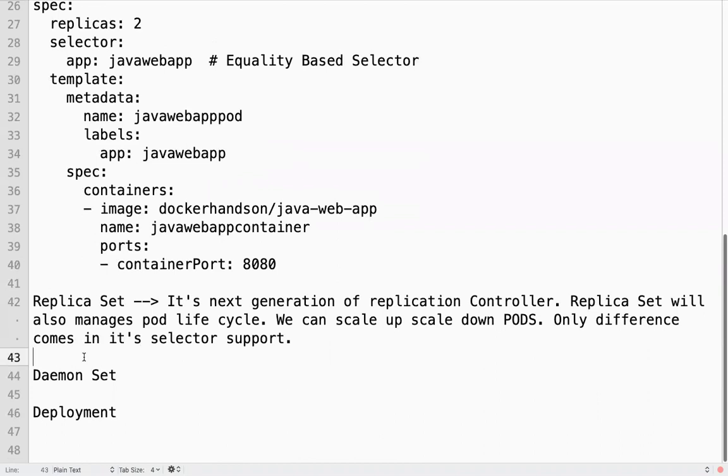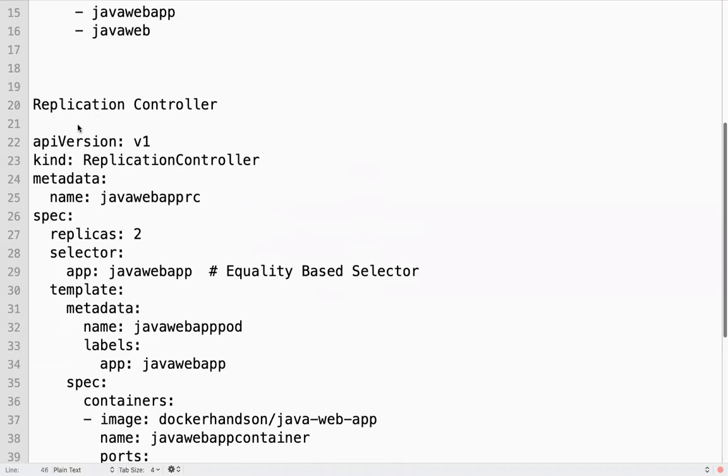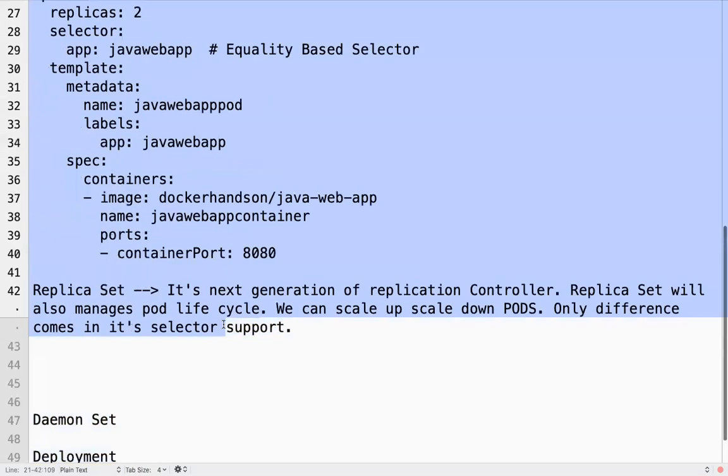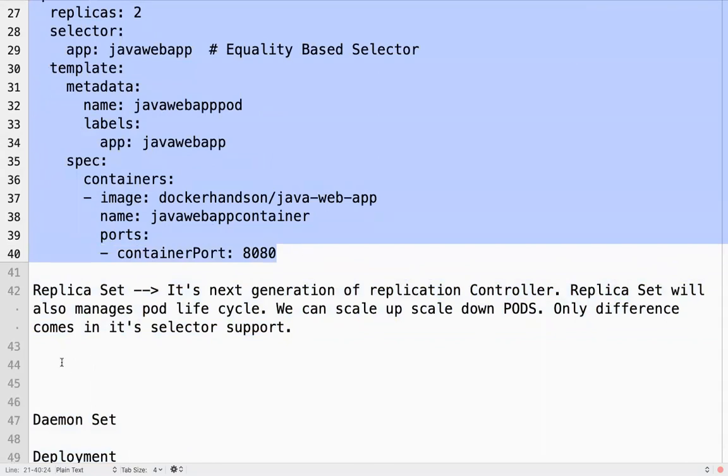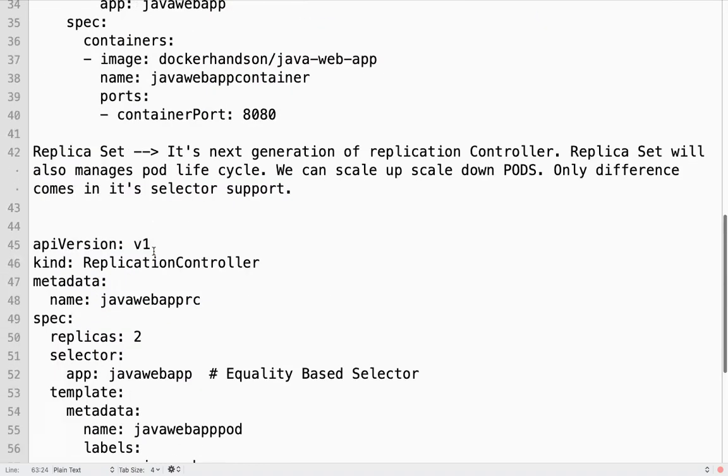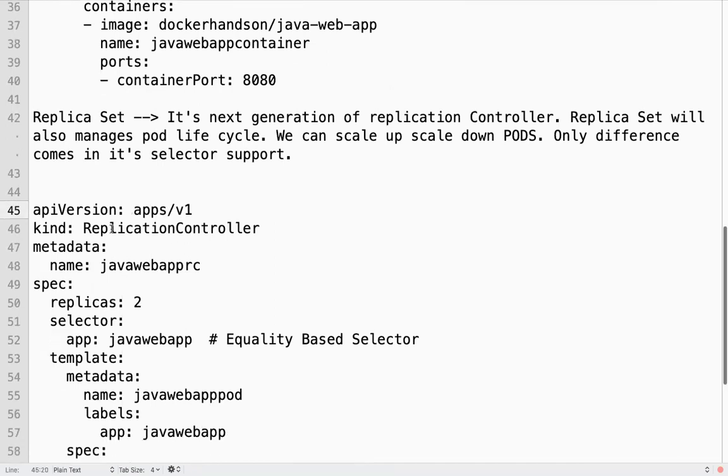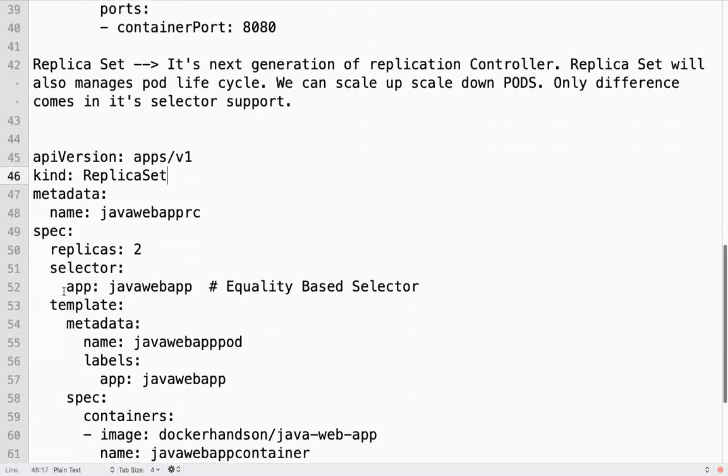So when I try to write a replica set, it will be exactly the same thing. API version: what is the API version for replica sets? It's apps/v1, the advanced, next generation of replication controller. Kind: ReplicaSet. And for equality based, we should not define it like this.